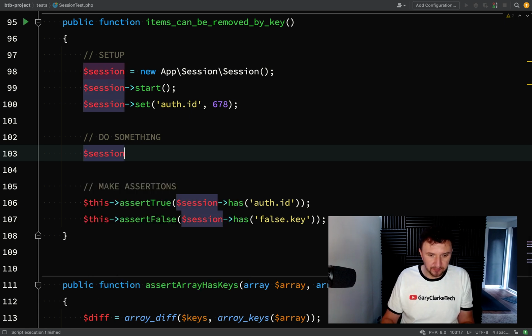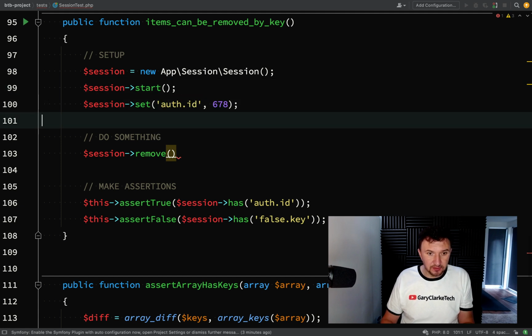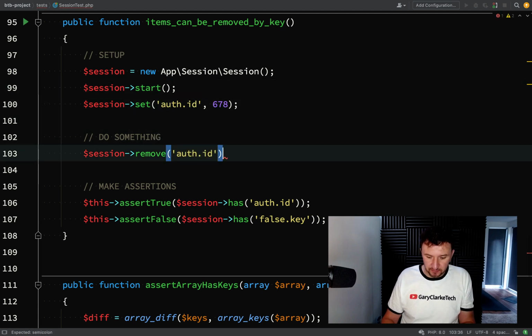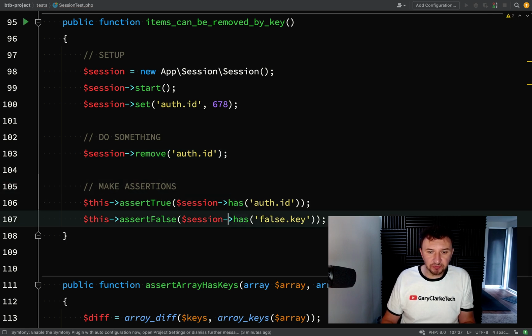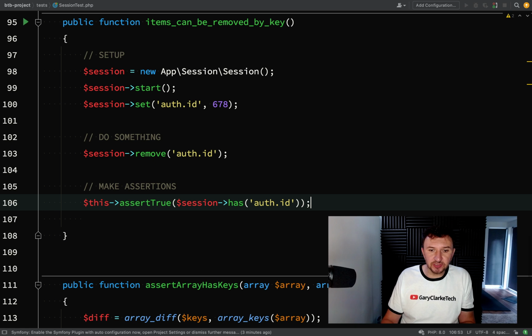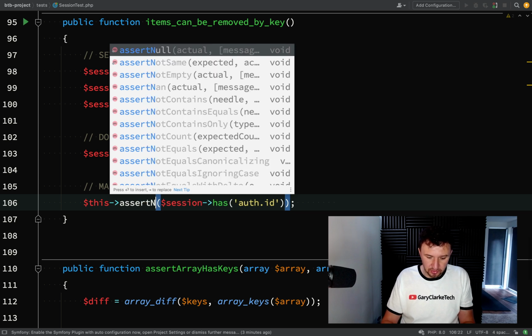So session and then remove, and then it is auth ID. Okay, and then when we go and do an assertion, what we're going to do is just assert that we are getting null for that key. So assert null